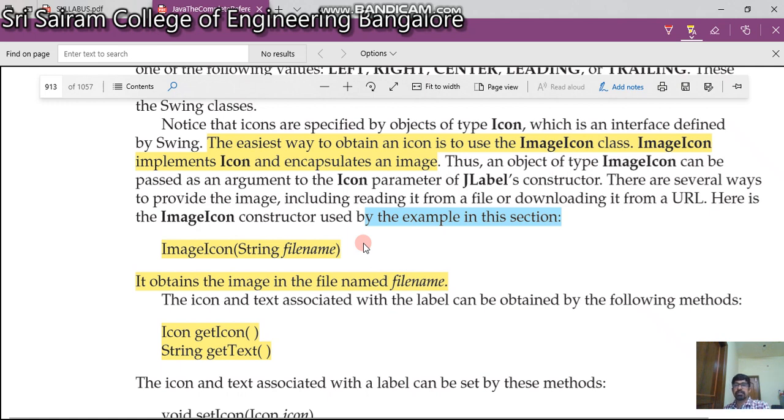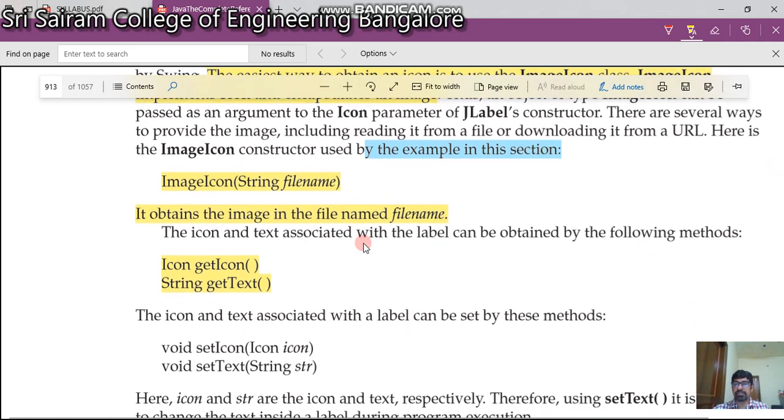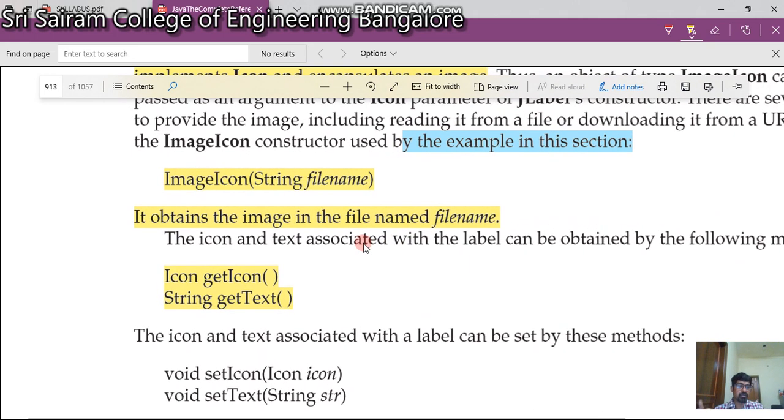The easiest way to obtain an icon is to use the ImageIcon class. ImageIcon implements Icon and encapsulates an image. So please remember, ImageIcon is the easiest way to obtain an icon, and it implements the Icon interface, which encapsulates an image. Here is the syntax as you can see on the screen: ImageIcon, and you have to give the file name.